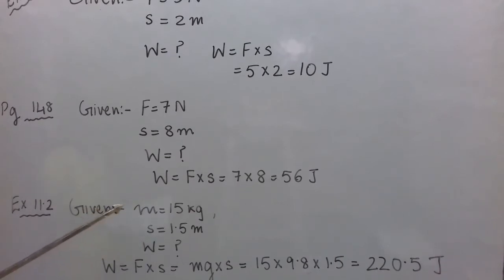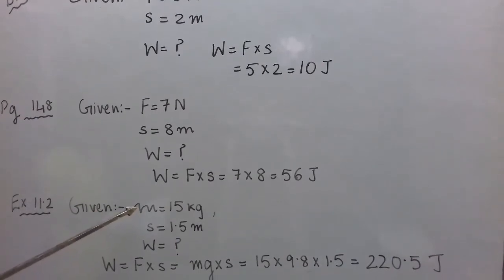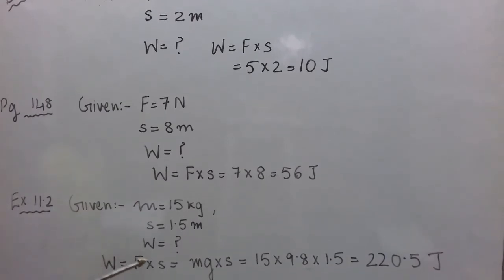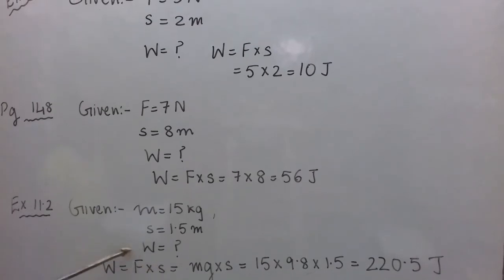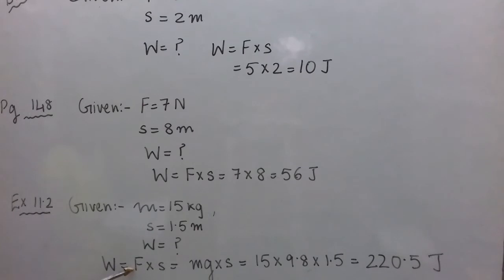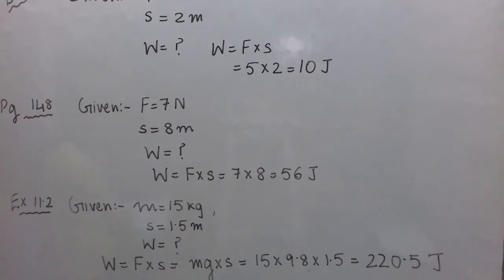As he is not going to give some velocity or speed to the luggage, he is just lifting it up, keeping the velocity of the luggage to be 0. So in this case, as I have told you, W is F into S, but for F you will write mg, because the minimum force required to lift a body up is equal to its weight. And you know the formula for weight is mg.